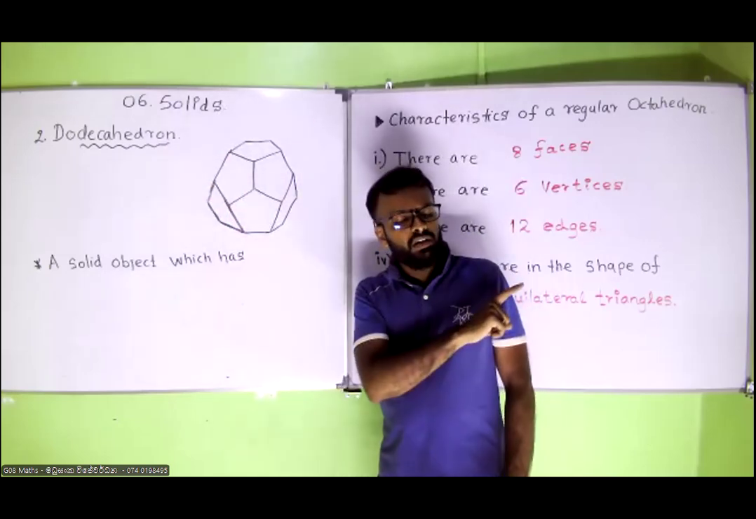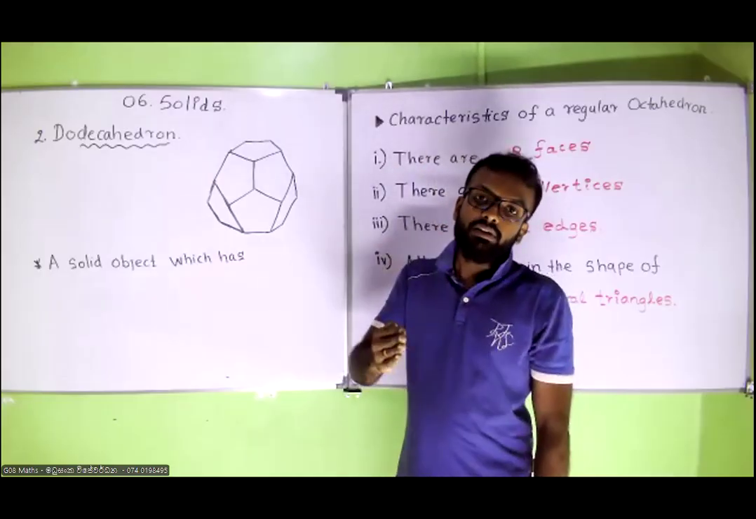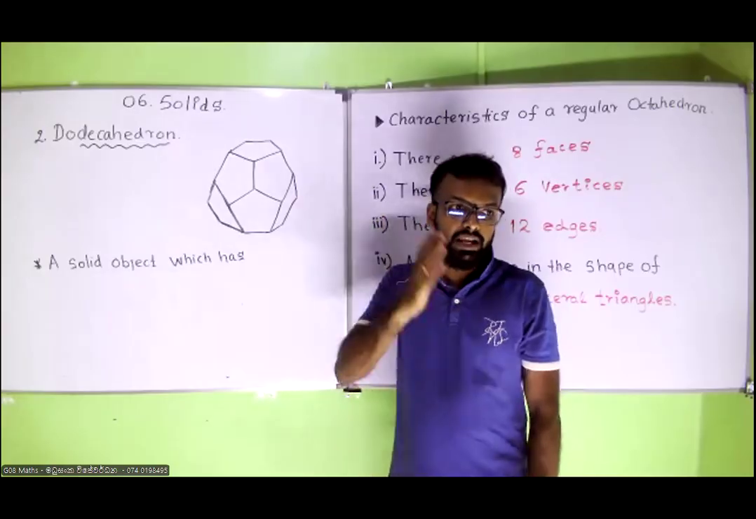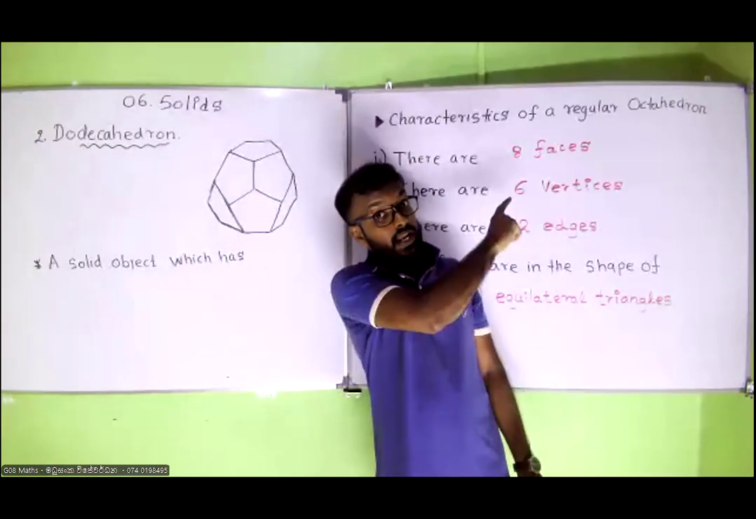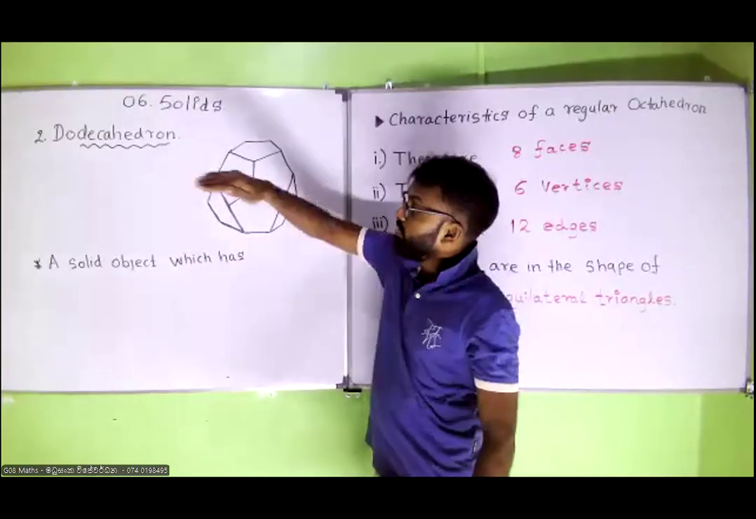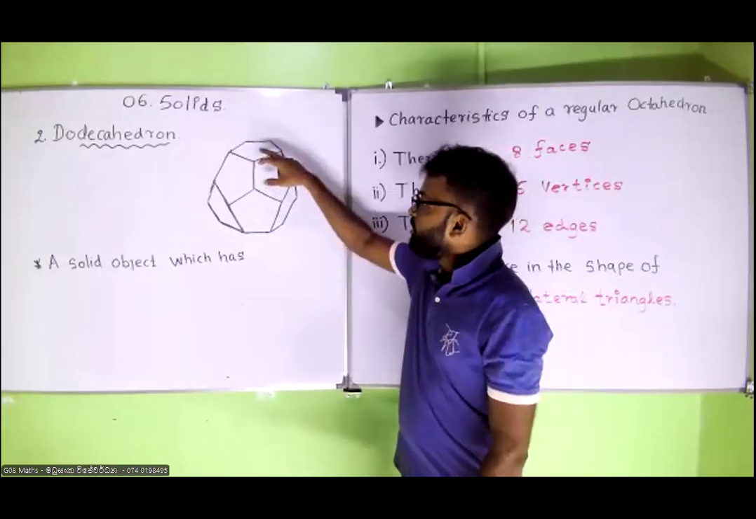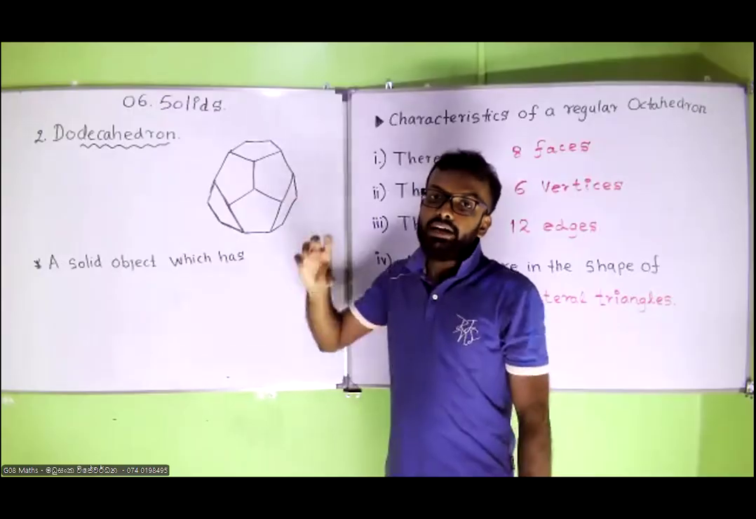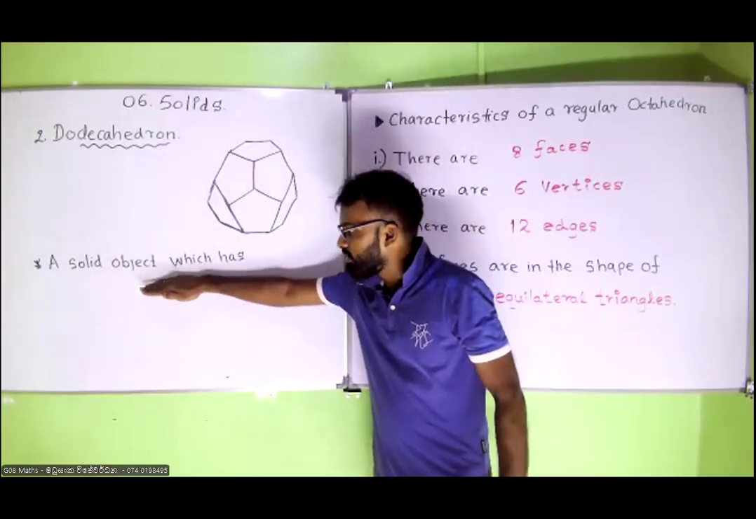For the octahedron, the previous one, there were 8 equilateral triangular shapes. Now this is the dodecahedron. We have 12 pentagonal identical shapes. So first of all, let's write the